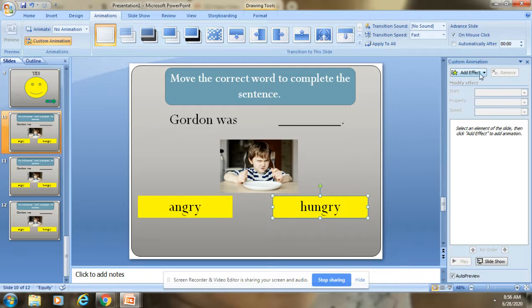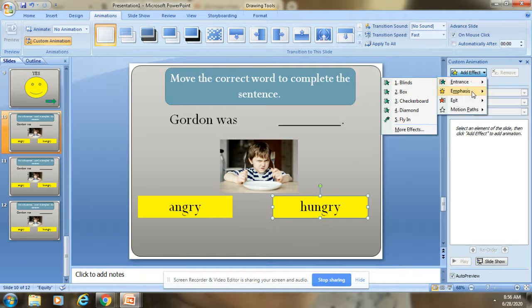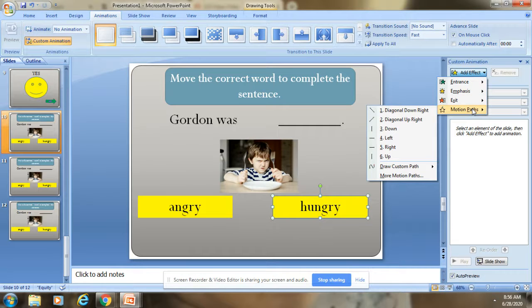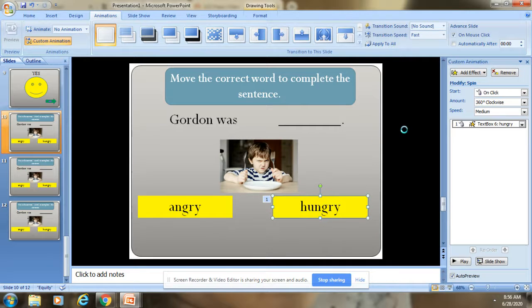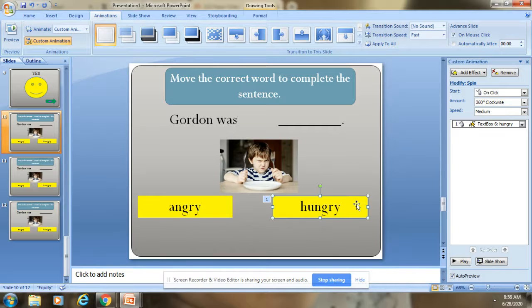Click on add effect. Do you want it to be an entrance? Do you want emphasis on it? Do you want an exit or motion paths? Okay. So what I want to do is I want to emphasize it. So I'm going to click on this arrow and I want to spin it. So it spins. Okay. But I also want this to move up to the correct answer, to the part of